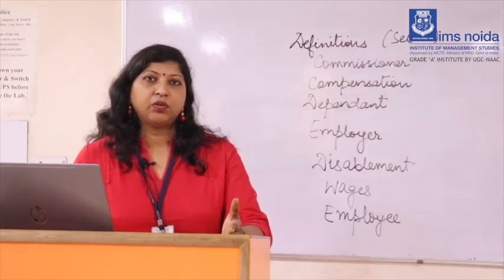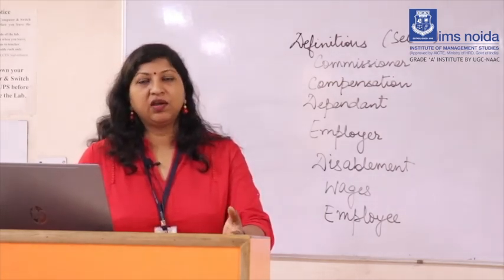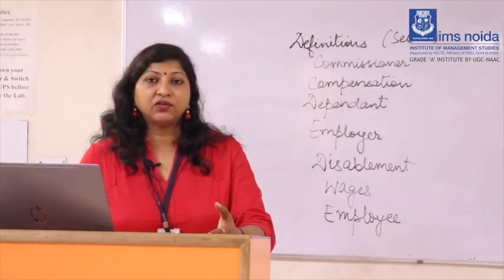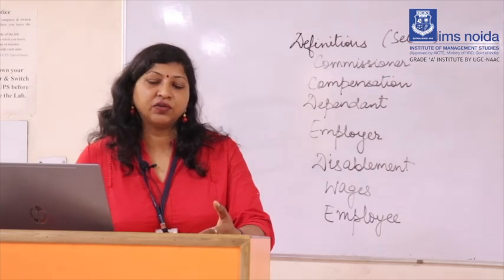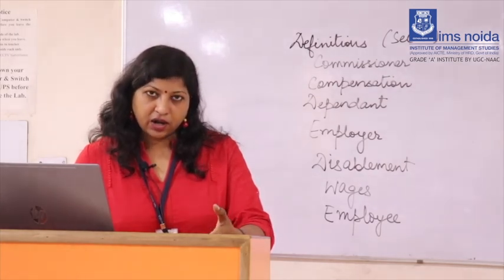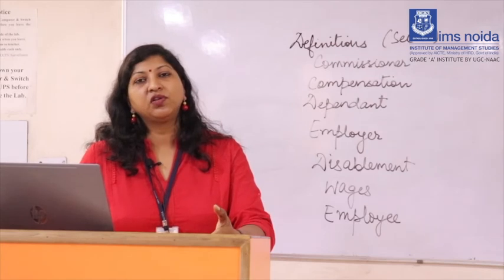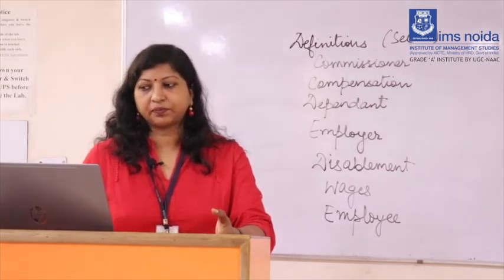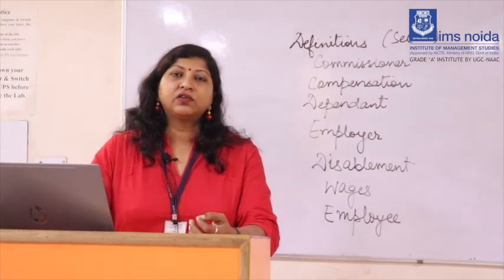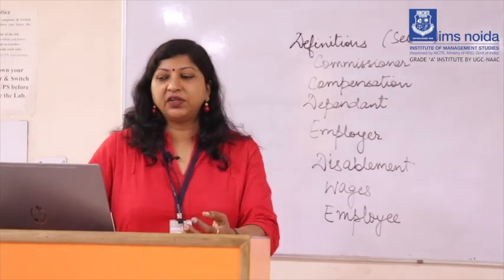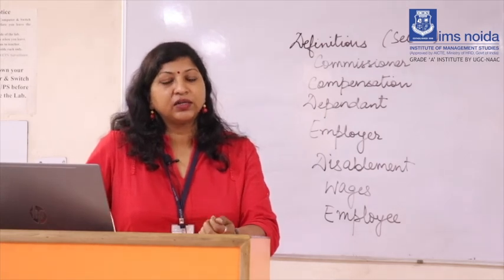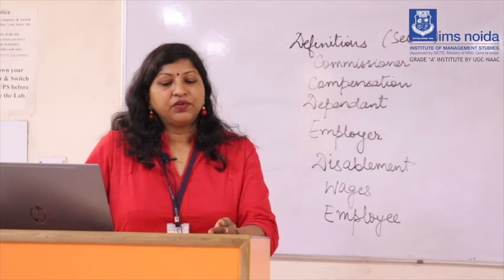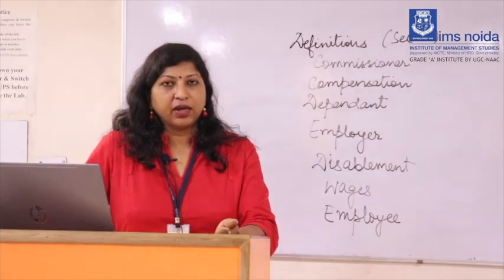So a person may be working for say 20 years, he may have started work at a monthly wage of say 1500 rupees, but as on date he may be getting 15,000 rupees. So the current wages, that is 15,000 rupees, would be taken into consideration for calculating the compensation amount. Then apart from this, there is a relevant factor which has been given in the Schedule 4 of the Act. So relevant factor is a number. So we will understand it with the help of an example again.